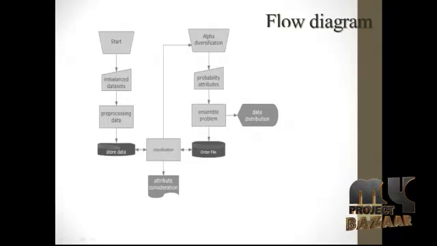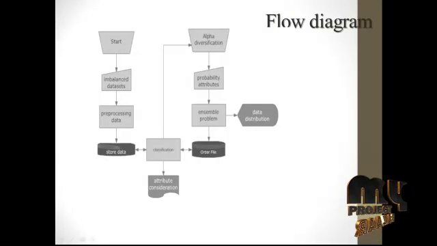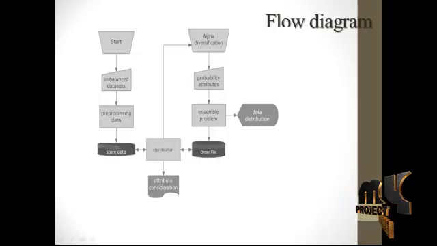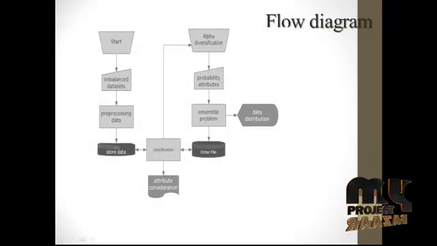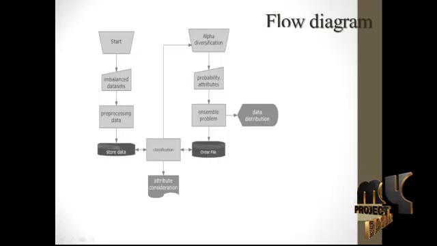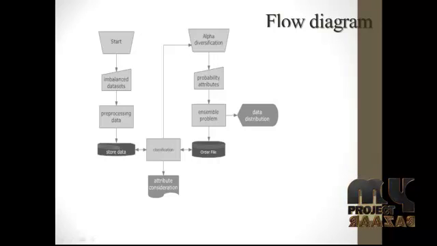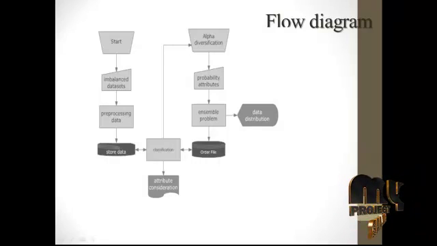Initially, imbalanced datasets are collected and undergo pre-processing. Then the pre-processed data are stored in the database. That database is classified in the phase based on the alpha diversification. The generalization capability is largely influenced by the scale of the tree. Then the probability attributes are calculated, and the ensemble problems are calculated.